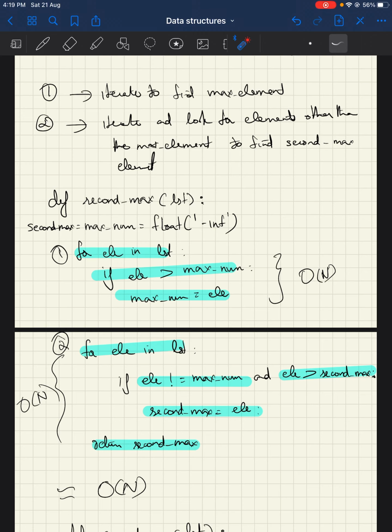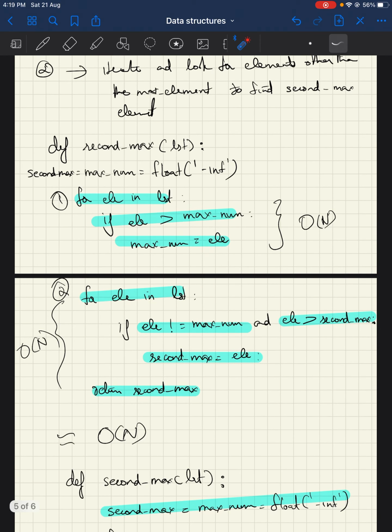Our first objective is to find the max num, which could be found by iterating over the list and checking if the element is greater than max num. This is an O of n operation, and we get our max num value. So this is the first part of the iteration to find the largest number.